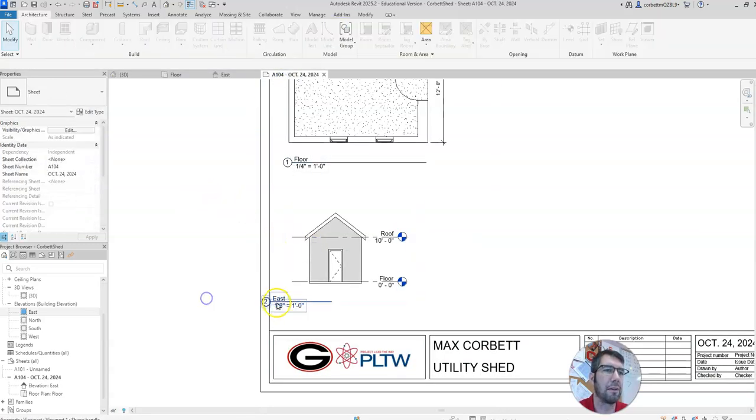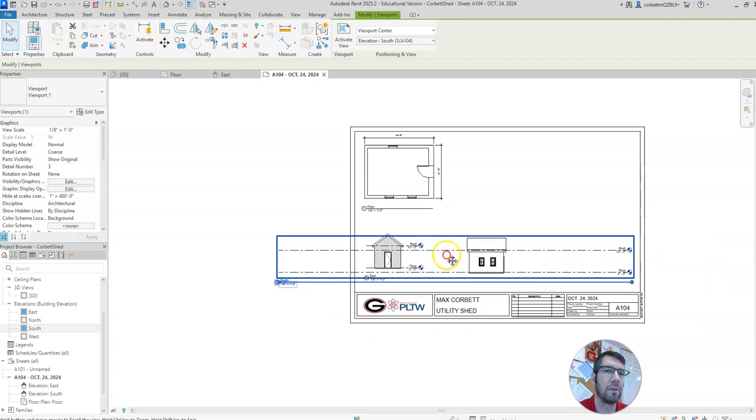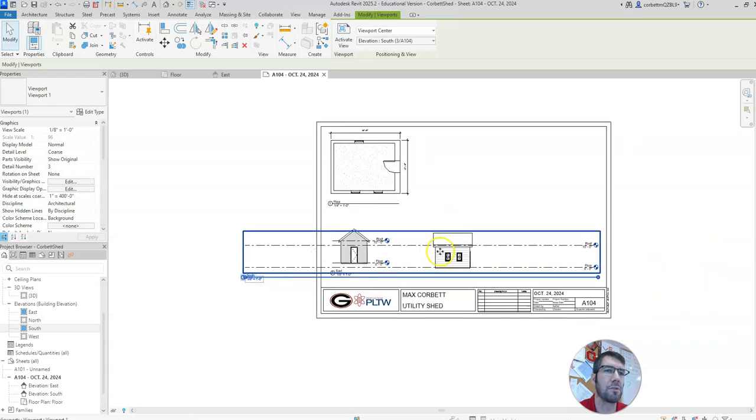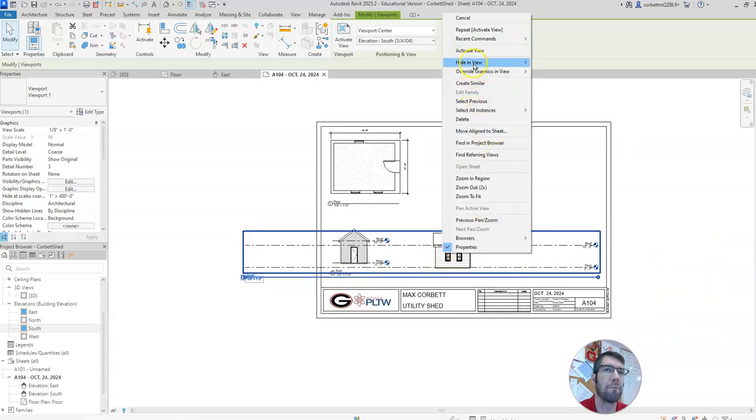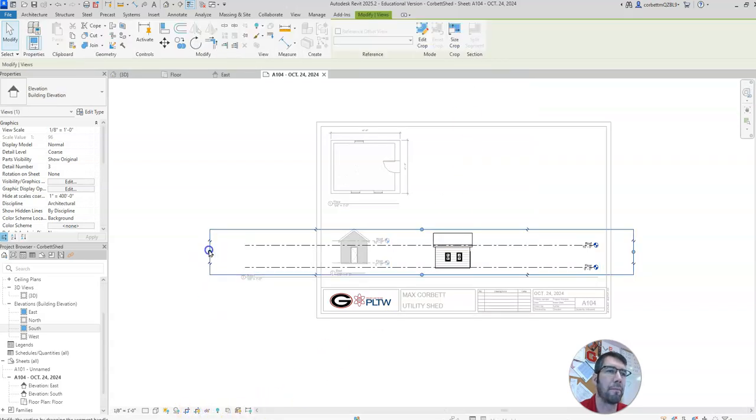Alright, let's drag out our south view over here. Drag out your south view. Same thing, right click it, activate view, turn on your crop, bring it in super close on both sides,